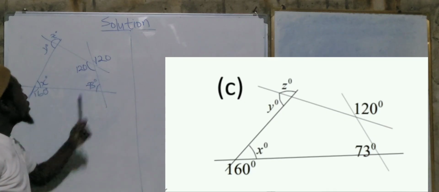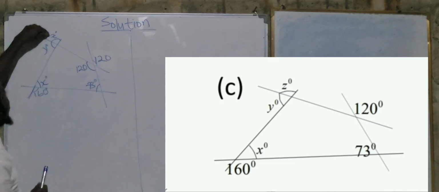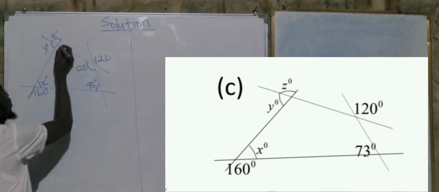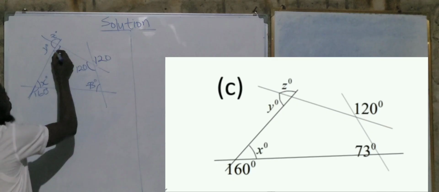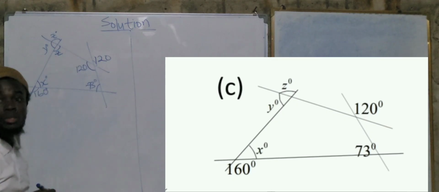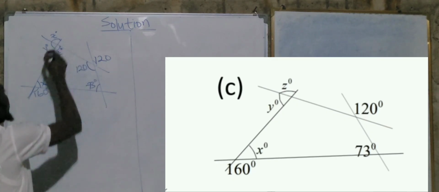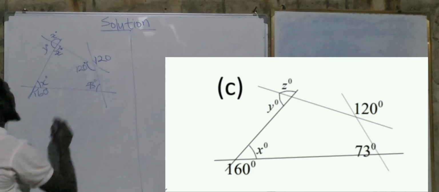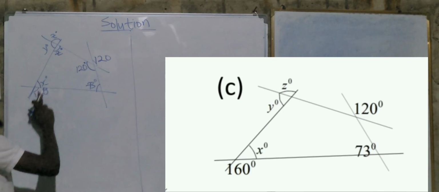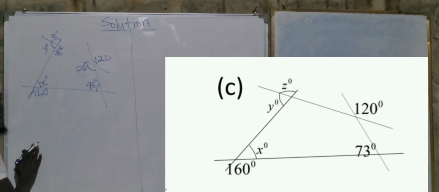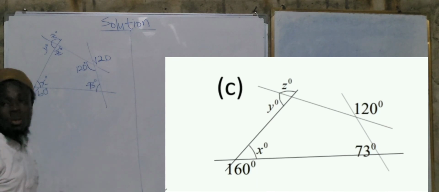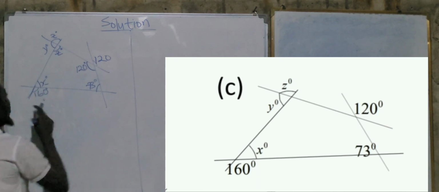And also we have another angle here, right? Here again we have Z here. So you can see these Z's again are vertically opposite angles, right? Yes, sir. So if that is the case now, observe this guy here. They are angles at a point, right? Good. So therefore angles on a straight line sum to 180 degrees, right? So therefore we now have